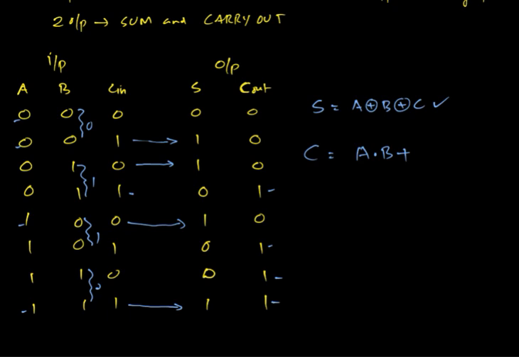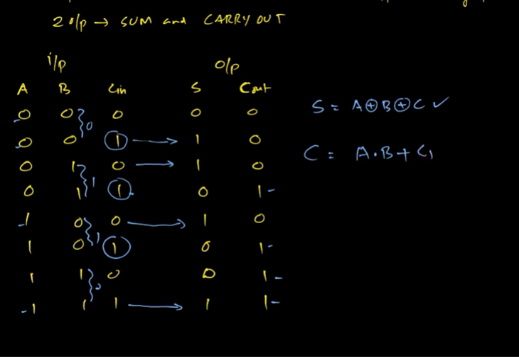plus then the other possibilities are these two. These two refer to the condition that C is high. C is high means we can have 3 possibilities, the rest of the 3 possibilities. But you can see that when C in is high, C out is not high for all possibilities. So only some of the possibilities are there.